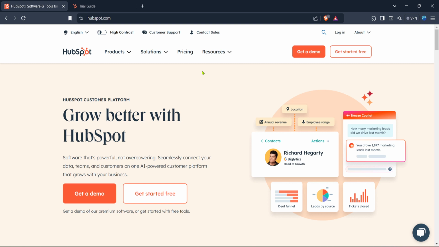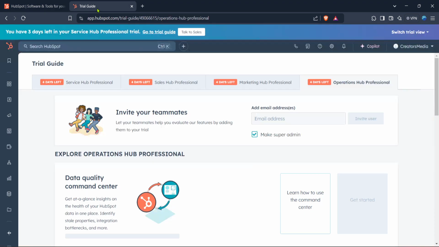First things first, head over to the HubSpot homepage. If you're already familiar with HubSpot, you'll know this is where you can access all the powerful tools this platform has to offer for managing your business operations smoothly. On the top right corner of the homepage, you'll see a login button. Give that a click to proceed. If you've saved your login details, HubSpot might take you straight into your account. Otherwise, go ahead and enter your credentials to gain access to your dashboard.